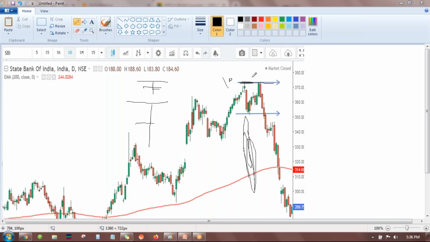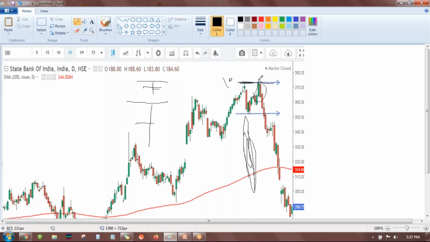Sir, that is the criteria. If that gets filled, that is a good thing for us. If that is not, what we basically need is a strong reversal. For example, here is a bearish engulfing candle. Out of 10 charts, in 7 or 8 charts you will get a clear reversal candle like a pin bar or an engulfing candle. In 2 or 3 charts you will not get that candle.